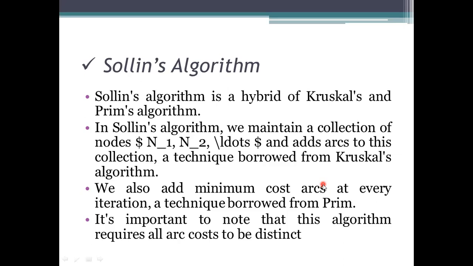So first we need to take the nodes. How many nodes are there and how many arcs are there? Here the nodes which are using those arcs have to be specified. Means first we need to plot the weights we are using here, and then take the minimum value from that. We are not giving ascending or descending order. In Kruskal's algorithm we take it in increasing order, but here we won't take it in increasing order.